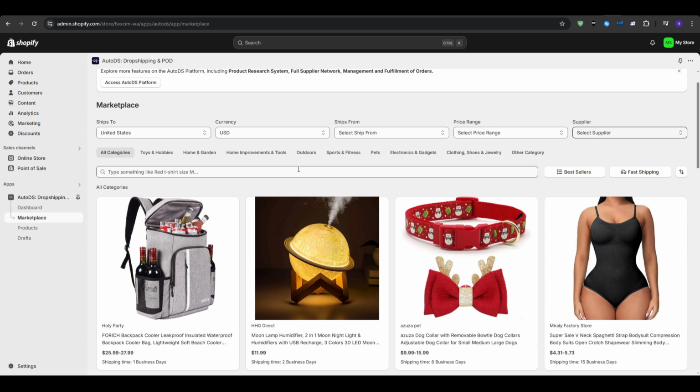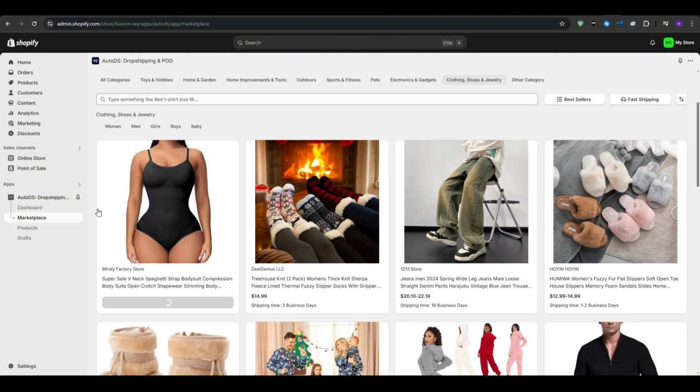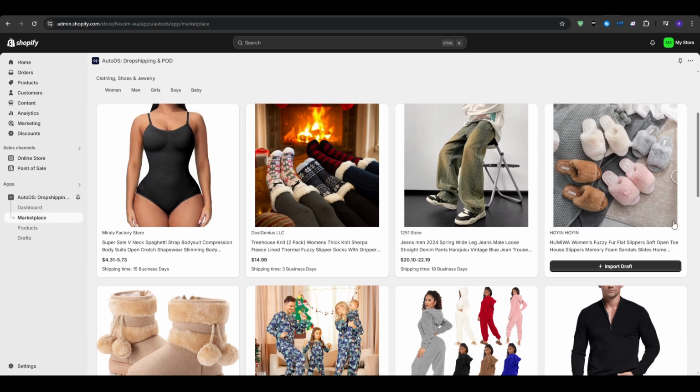So choose the category that you are selling in, and the filters that we selected above are going to be applied. So let's say that I'm in the clothing, shoes, and jewelry niche, and I'm going to be shipping to the US. I'm going to be presented with these products, and I'm going to see just how much they cost. If, for example, let's say that I'm interested in this product right here, then I'm just going to click on